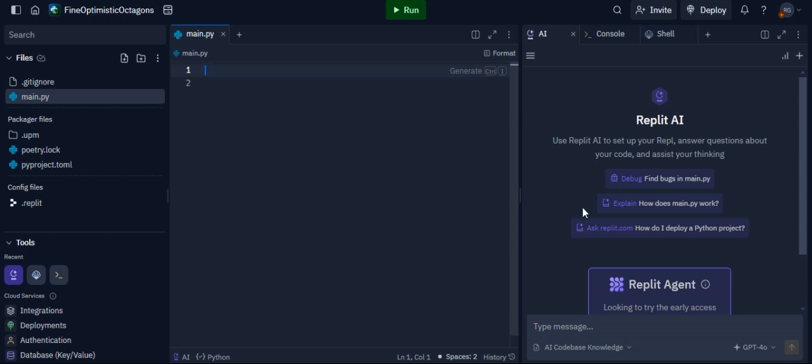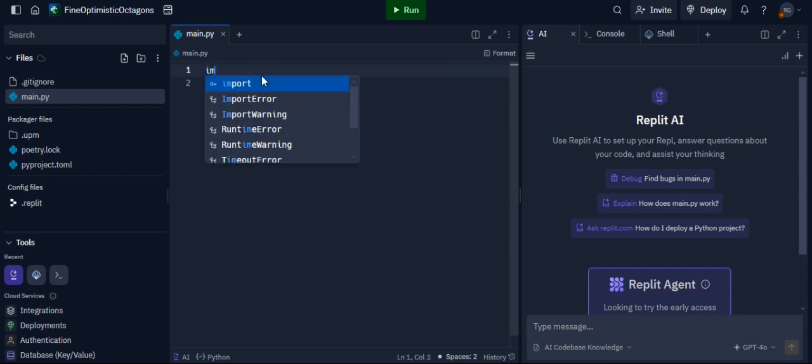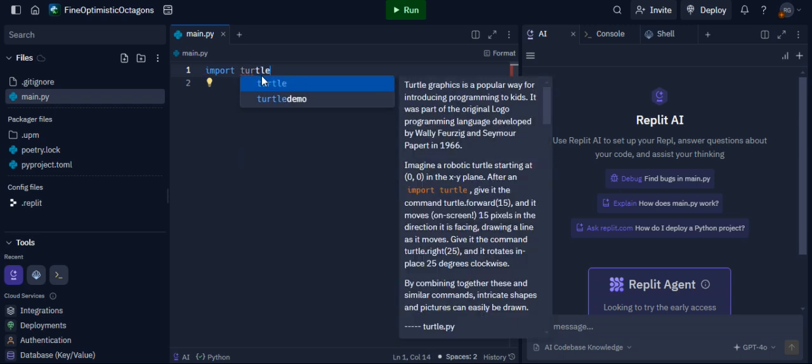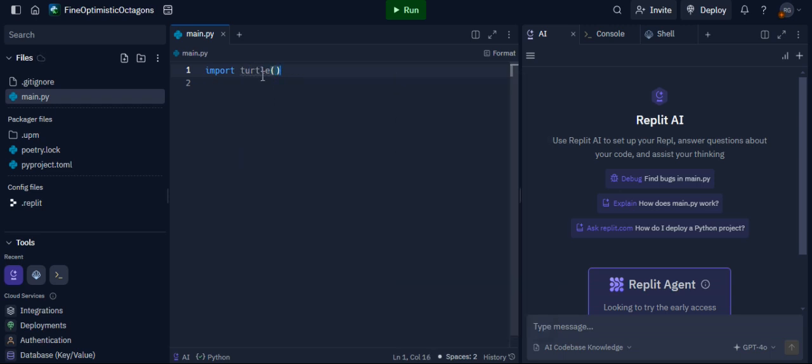So I'm going to start by importing turtle. I'm going to make a little game. I'm going to draw a square, and just fill out all this. No, we're not going to do forward. We're going to do